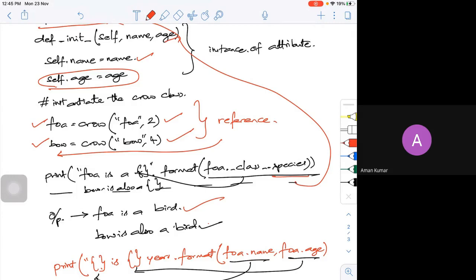Okay, so we will look into the class methods in the next class. Now we'll take up some discussion. I know that it's difficult to